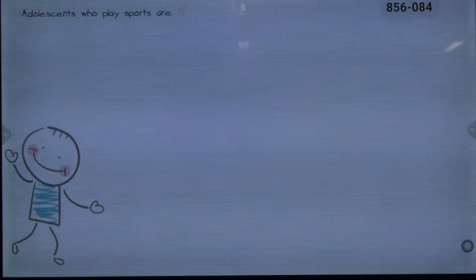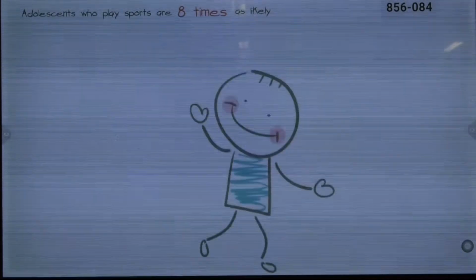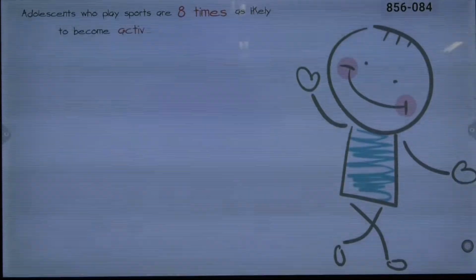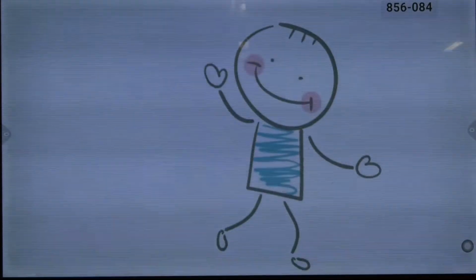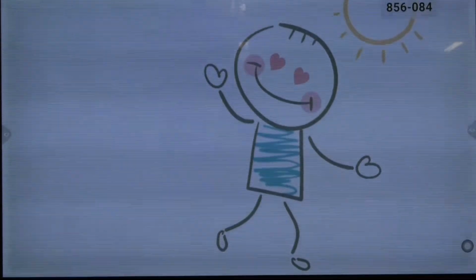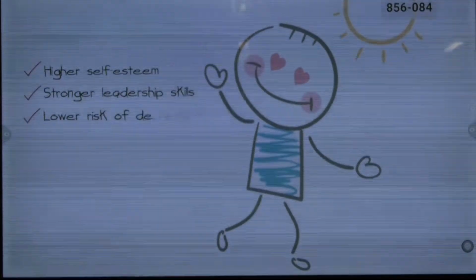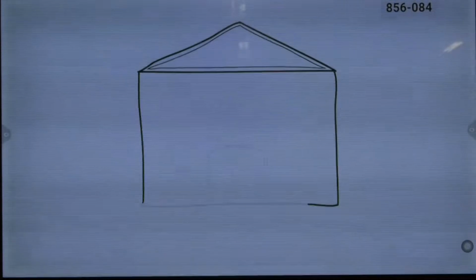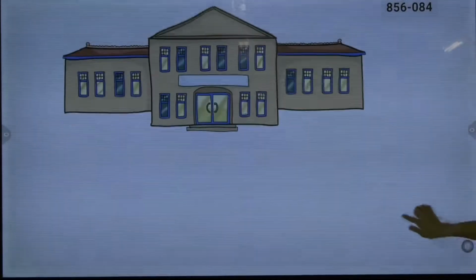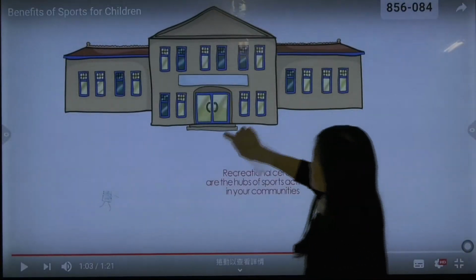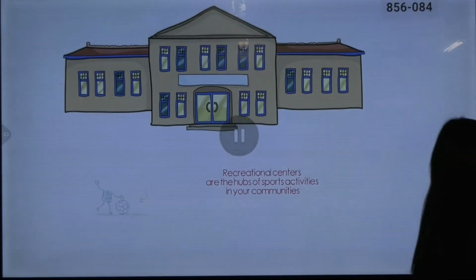And studies have shown that adolescents who play sports are 8 times as likely to become active young adults. And young adults with higher self-esteem, stronger leadership skills, and a lower risk of depression than those who are not as active. Community recreational centers are where many of these benefits